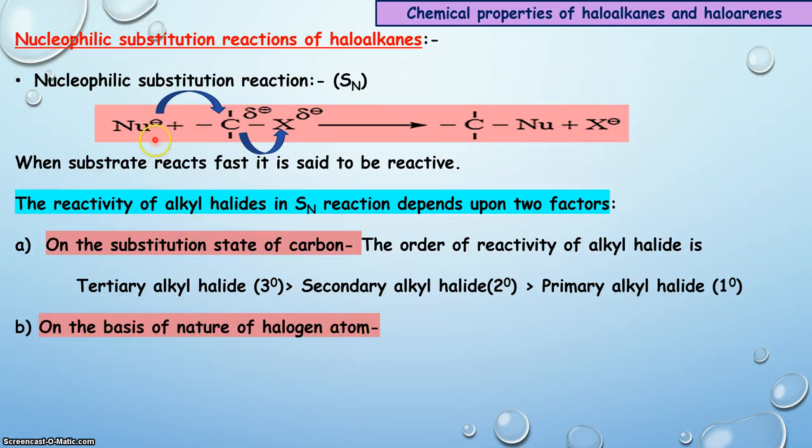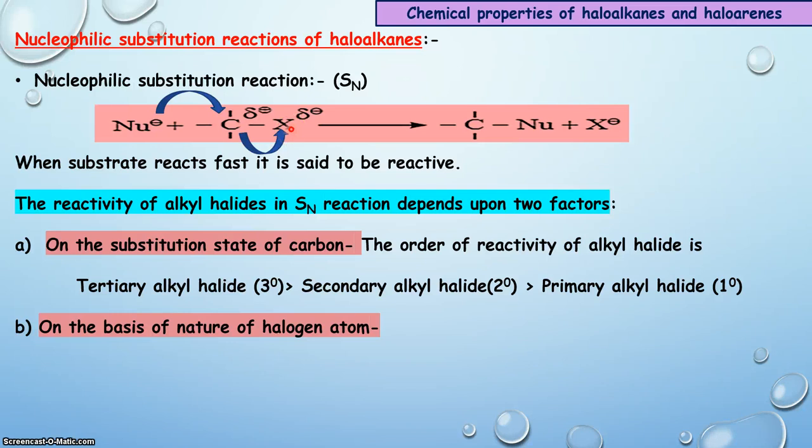As we know, in a nucleophilic substitution reaction of alkyl halides, the halogen atom gets detached from the carbon and a new bond is formed between carbon and nucleophile. The covalently bonded halogen atom is converted into halide ion. It means that the two electrons present between carbon and halogen in alkyl halide will be taken away by this halogen along with it. Therefore, this halogen atom of alkyl halide is called the leaving group in this reaction.